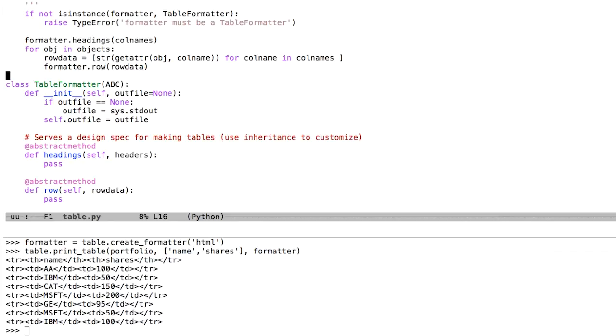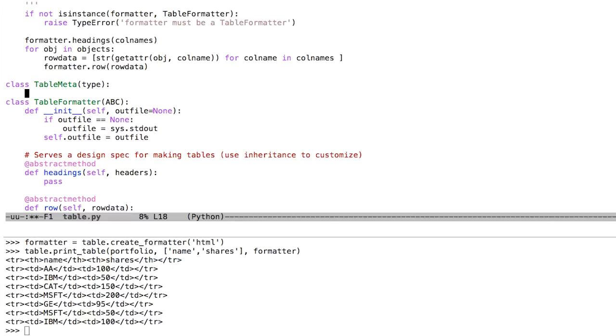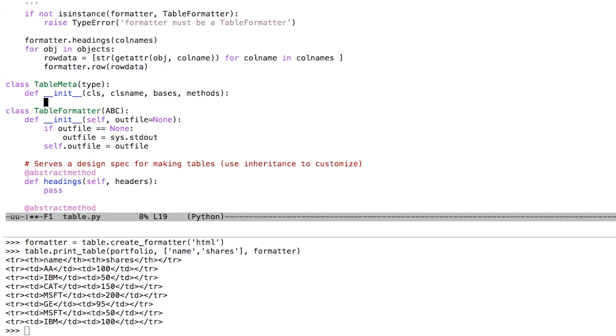And you say, well, how can you do that? Well, one of the ways that you can do it is I'm going to make a class, I'll call it TableMeta. I'm going to make a class TableMeta here that inherits from type. So I get the class name, I get the bases, and I get the methods. I'm going to go ahead and,